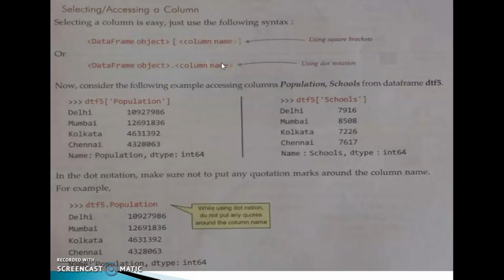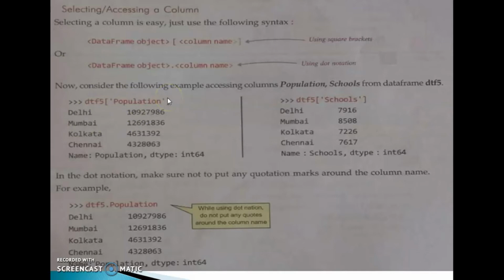For what are we using this syntax? Selecting or accessing a column from a data frame object. Consider this one, DTF5 population. Inside the square bracket we specified the column name, that is population, but one more thing, we used single quotes.